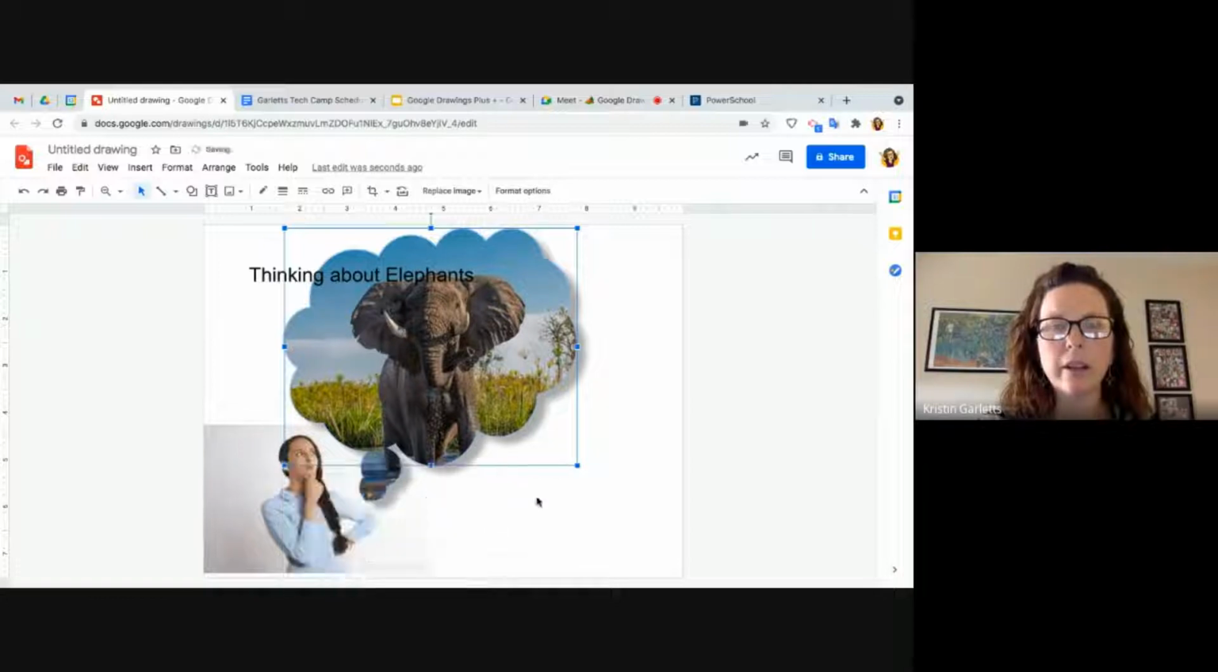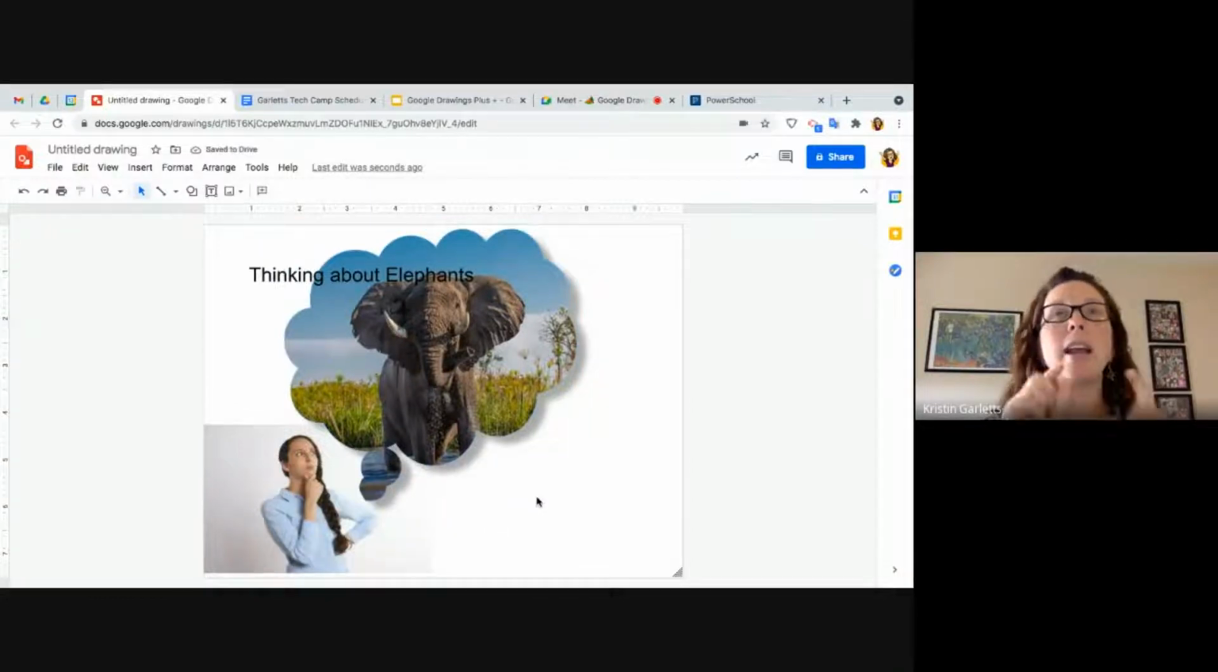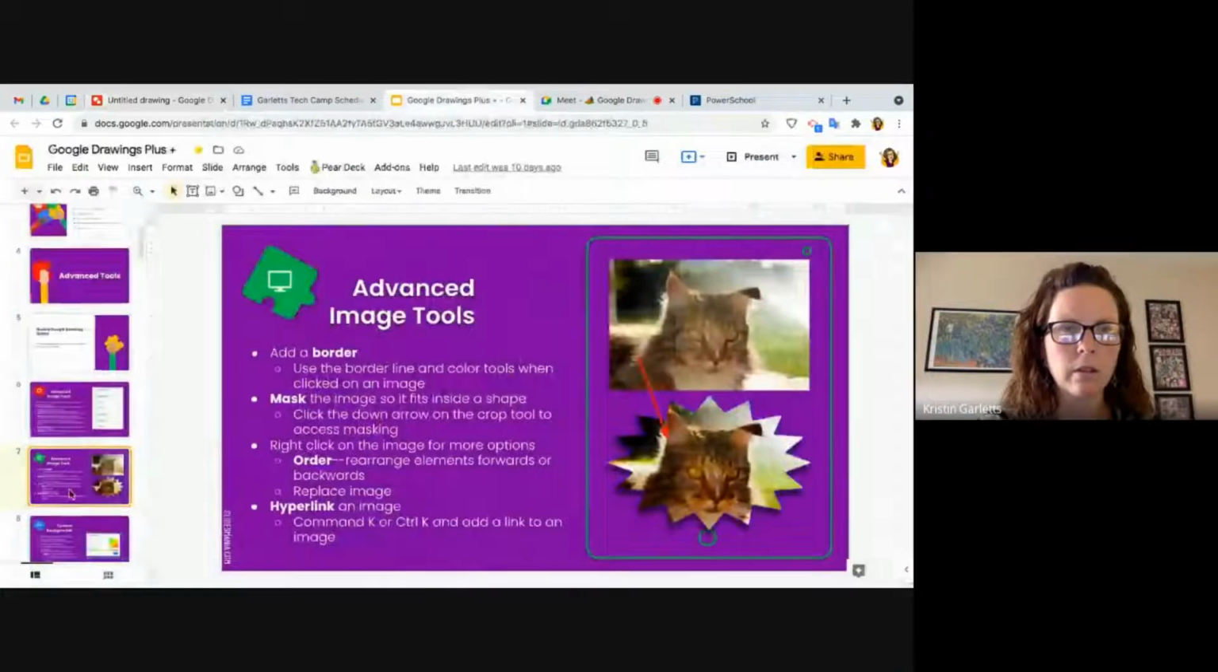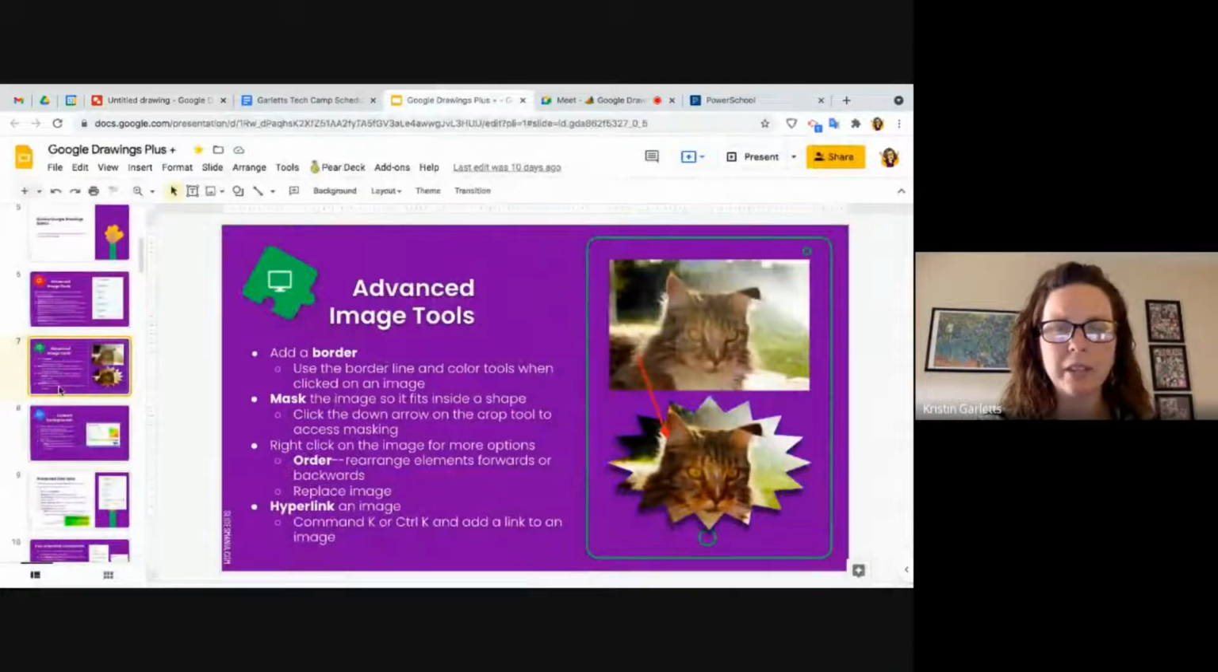So, you know, you could have students create posters and hyperlink to their resources as a good way to cite their sources. This is a great tool to start teaching students about citations and how important it is to cite our sources. All right, so that's everything for images, that you can really make your images literally pop off the page